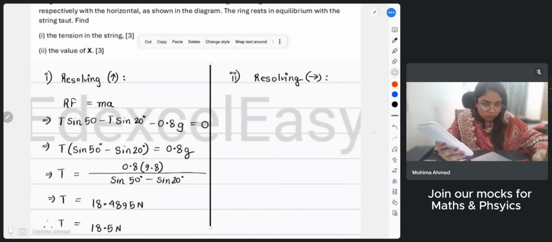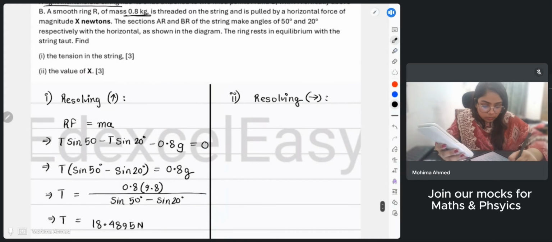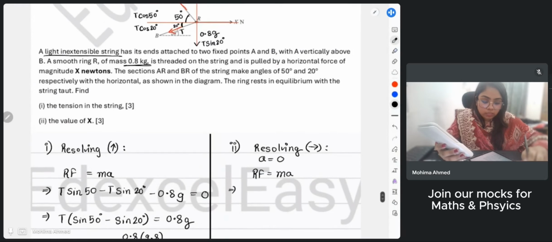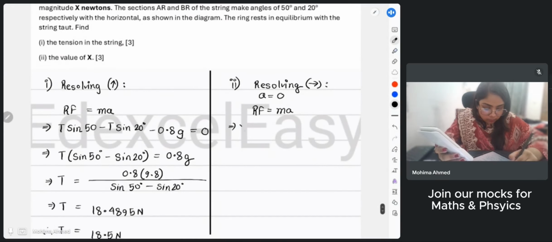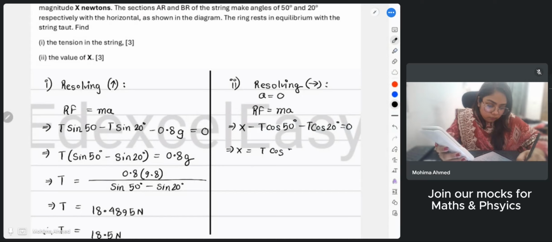Again, I'm going to use resultant force equals mass times acceleration, and acceleration over here is also 0. So in this case, the resultant force is x on the right hand side. On the left hand side, you have T cos 50 and T cos 20. So I'm just going to write T. So x, T cos 50 and T cos 20 is equal to 0. In that case, the value for x is T (cos 50 plus cos 20), and obviously